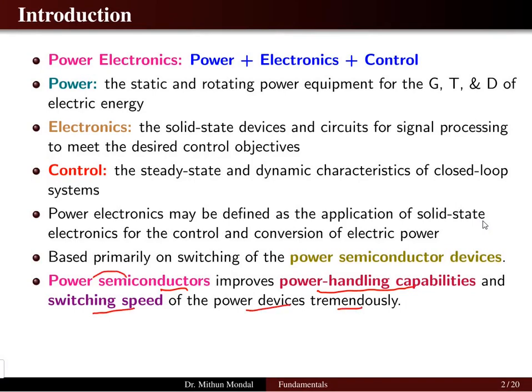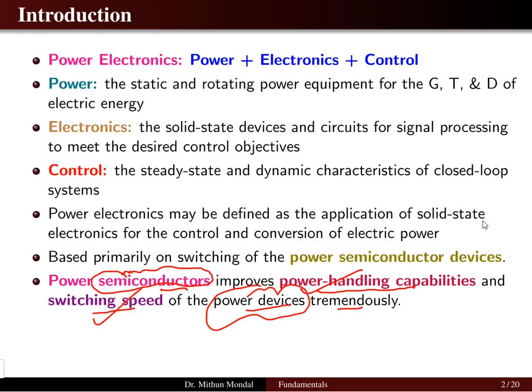We know that semiconductors are basically used for switching operations using transistors, and these will obviously improve the power handling capabilities as well as the switching speed of the power devices